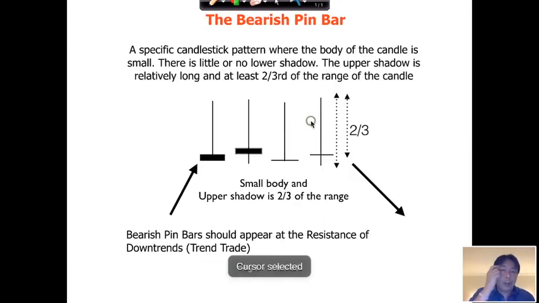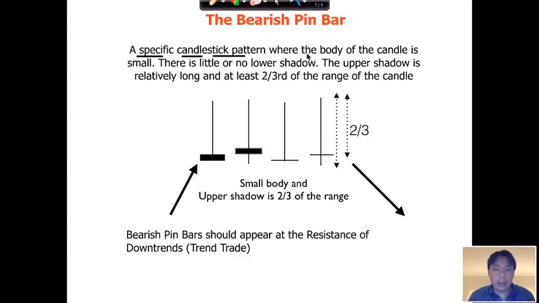So the opposite of the bullish pin bar is the bearish pin bar. So the bearish pin bar is a bearish reversal pattern. And I look for this pattern when I'm going short, when I expect the price to go down. So again, this is a specific candlestick pattern where the body of the candle must be small, right? You can see a small candle body, no candle body, right? Where the open and the close are the same price. Open and the close are very close, okay?